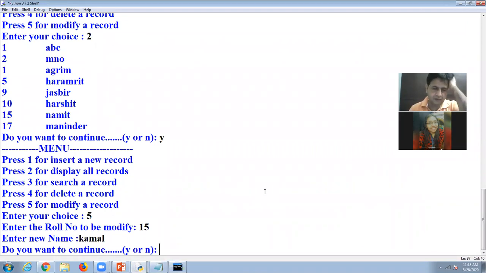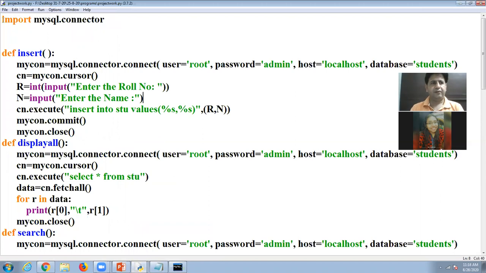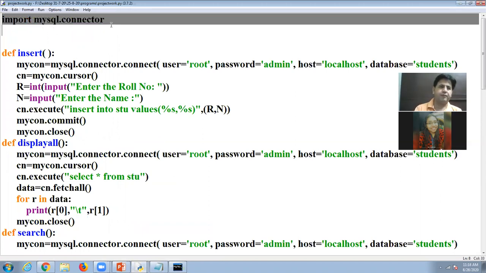Now I will discuss the coding portion of the program. First of all, I import mysql.connector because this is the module. By using that, I can establish a connection between MySQL and Python.